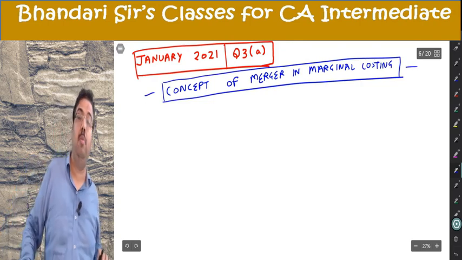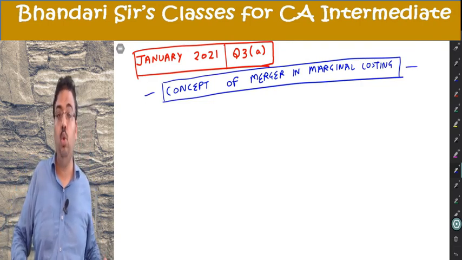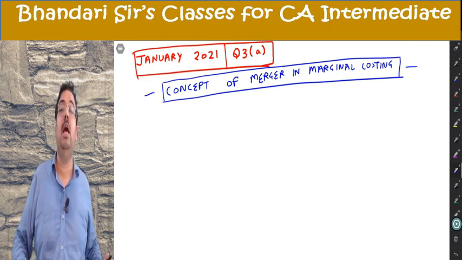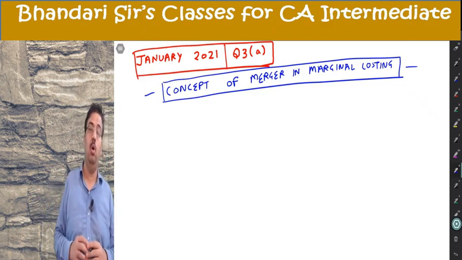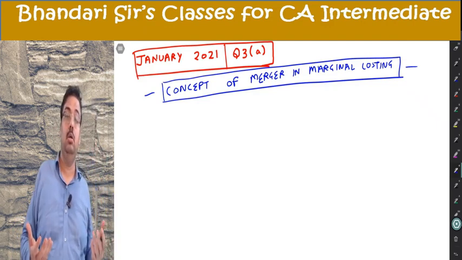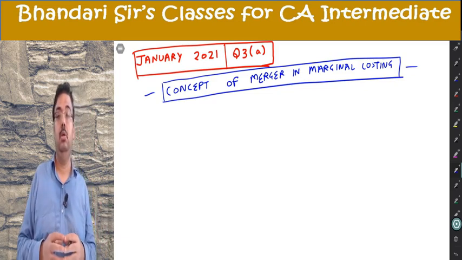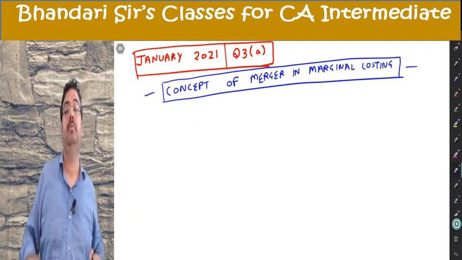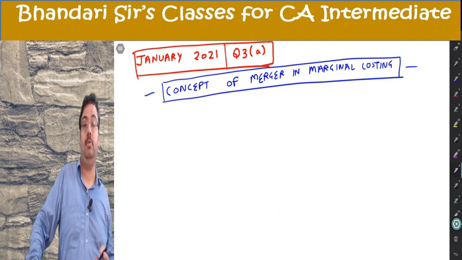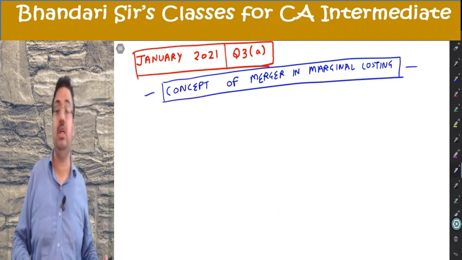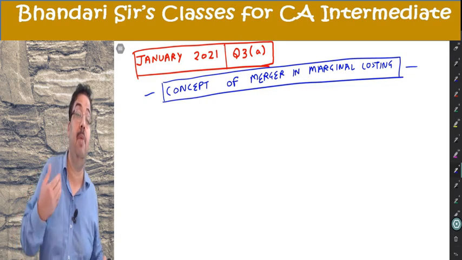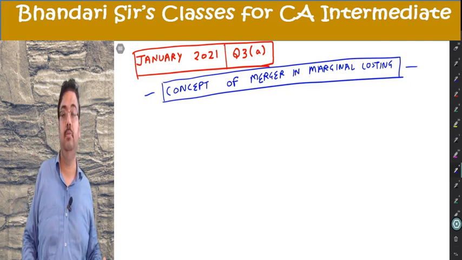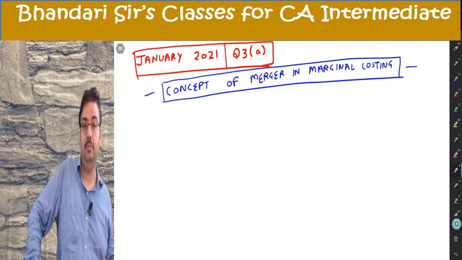This is a standard question of merger where you are given two different plants operating at different levels of activity and they are planned to be merged. All the data is given related to the individual plants and all the marginal costing variables are asked for the merged plant. No data is given for the merged plant. And there is no synergy concept here. Synergy means getting some benefit out of merger. 1 plus 1 is more than 1 is called synergy effect. It's good that that is not applicable.